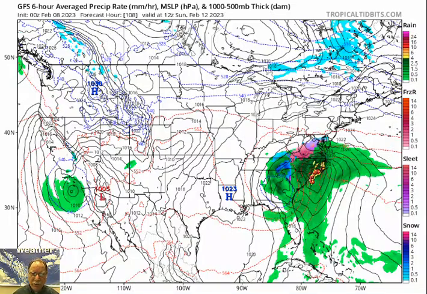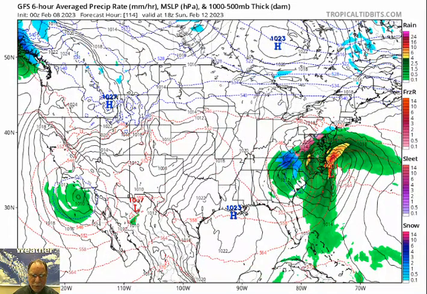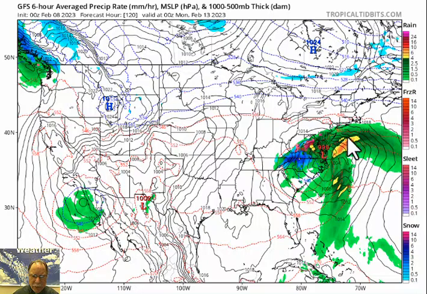Again, this is the 0Z run of the GFS for Sunday morning. At this time, that upper level feature really sets off intensification of that surface low and does slide to the northeast and has an impact into the mid-Atlantic region. This is all the way now into the latter part of Sunday, Super Bowl Sunday, with a lot of snow potentially in some of those higher elevation areas, western Carolinas, maybe western part of Virginia as well. And we'll have to watch.